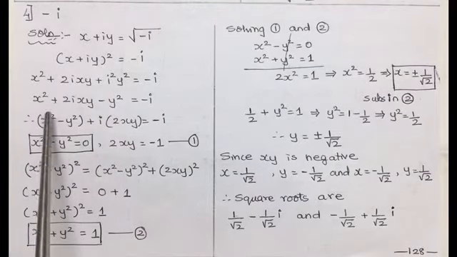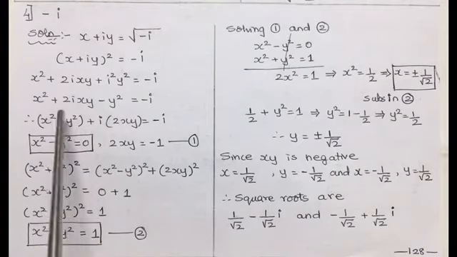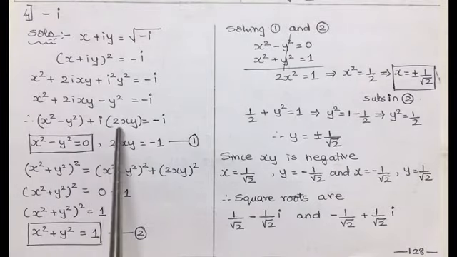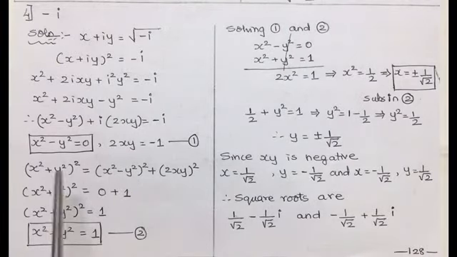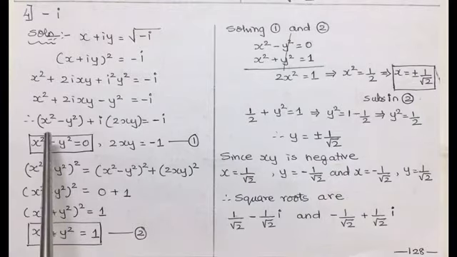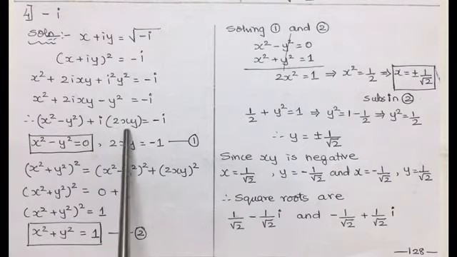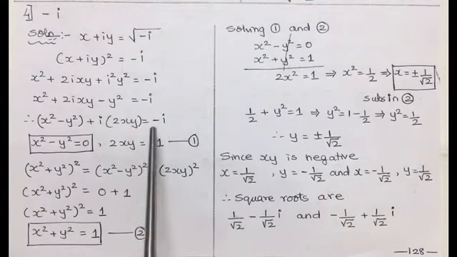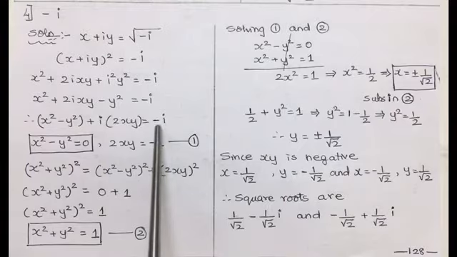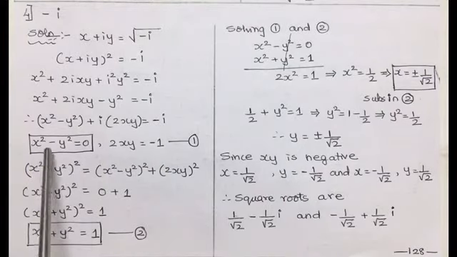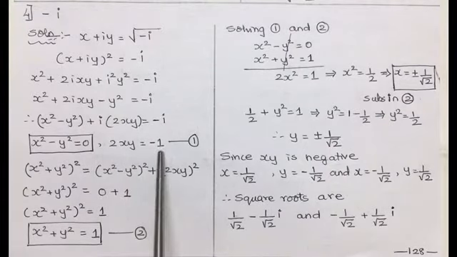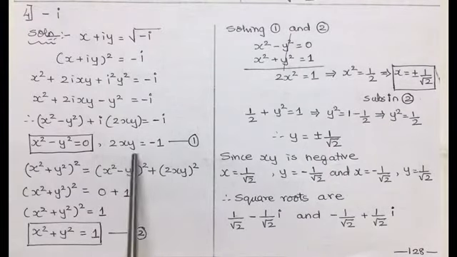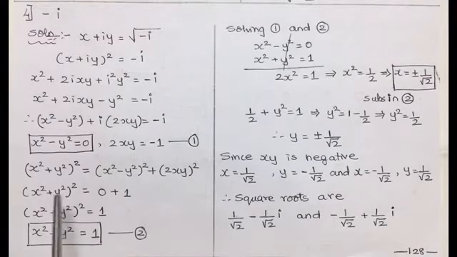So it will be x square minus y square plus i 2xy is equal to minus i. Now, as we have taken the reals together and the imaginary separated, comparing both sides, as there is no real part in the RHS, x square minus y square will be equal to 0 and 2xy will be equal to minus 1. And this statement we always mark as 1.